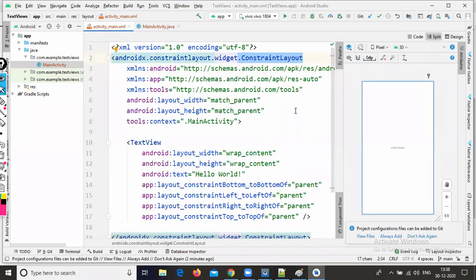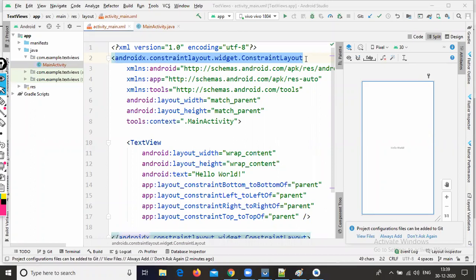Now I don't want to use this constraint layout, because it is a more advanced layout in Android. Once you are familiar with the remaining layouts like linear layout or relative layout, after that you can go with the constraint layout. As beginners, if you go with constraint layout, you face so many problems.